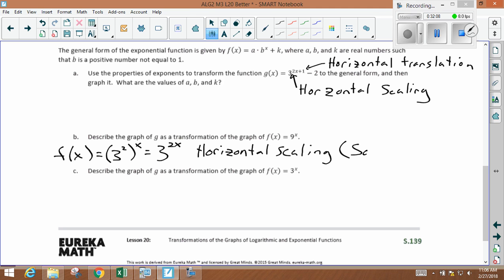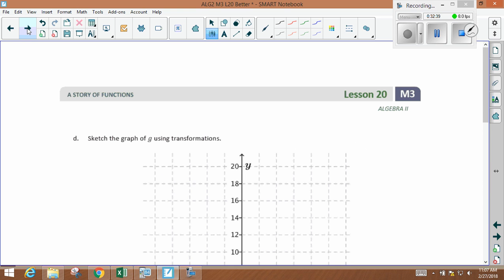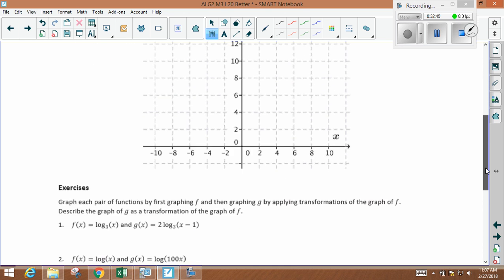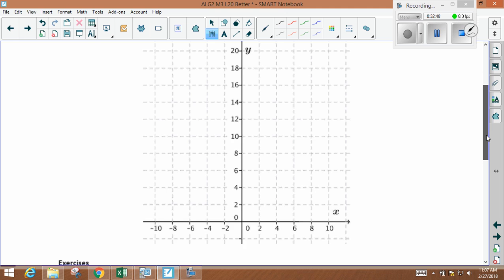In the form of a, describe the graph of G as a transformation. All right. And we already described C, right? All right. It says to graph the graph of G using transformations, but